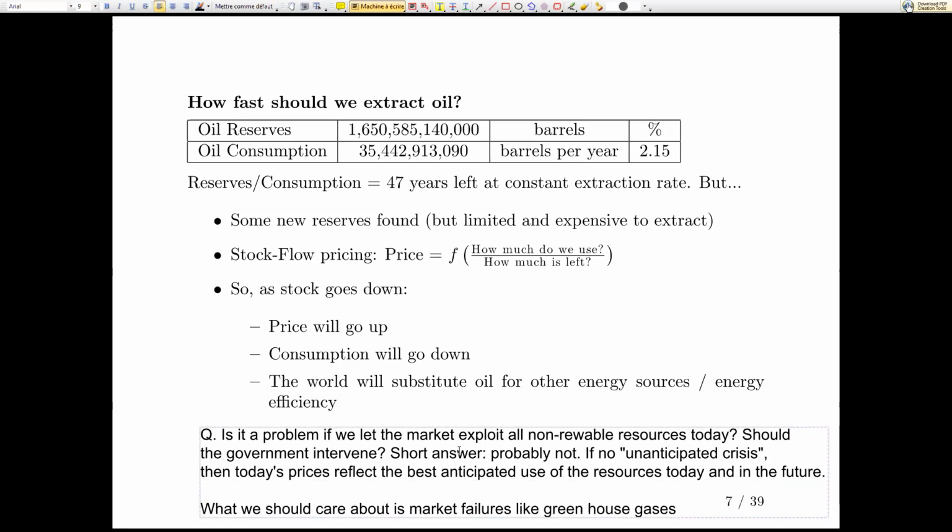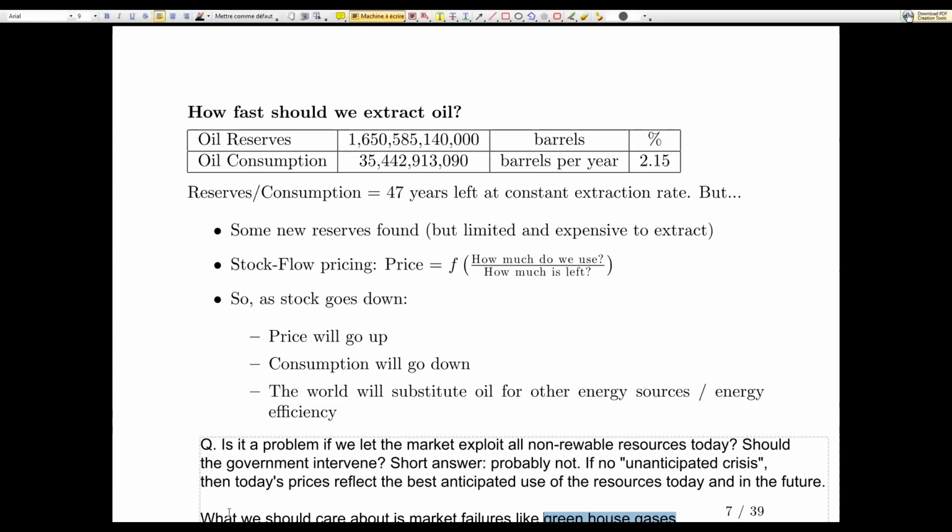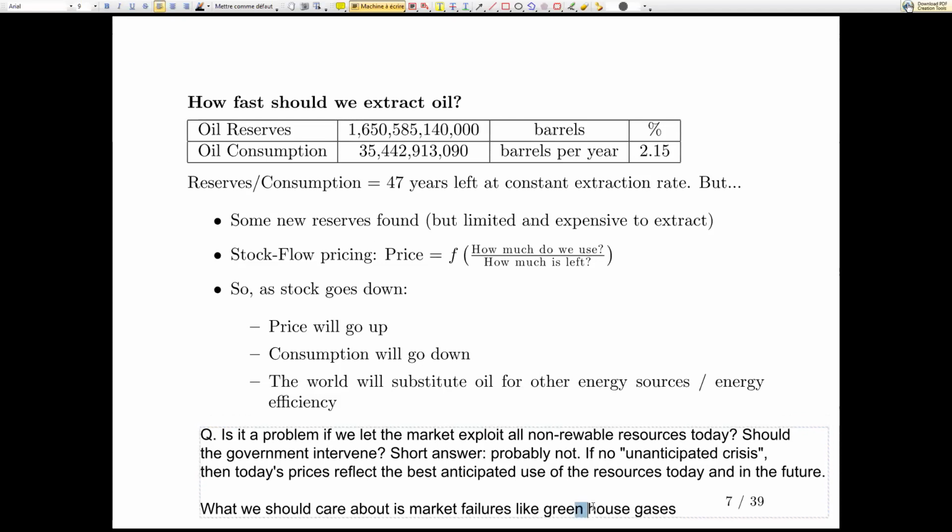How do you write greenhouse gases? I'm not sure. Let me Google that real quick. Okay, he writes it in one word. So I'm going to greenhouses like this. Yeah.